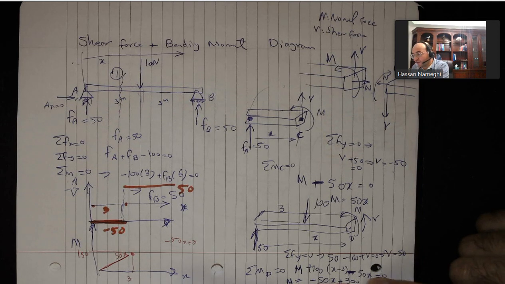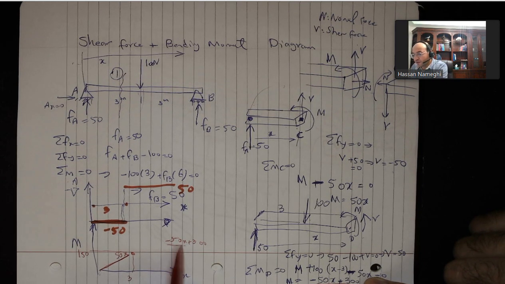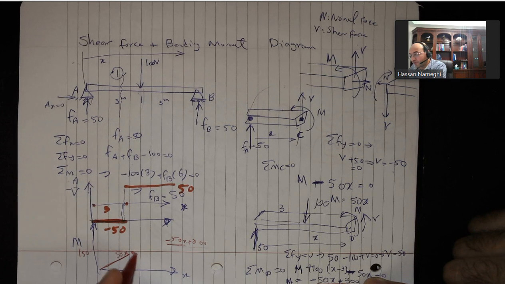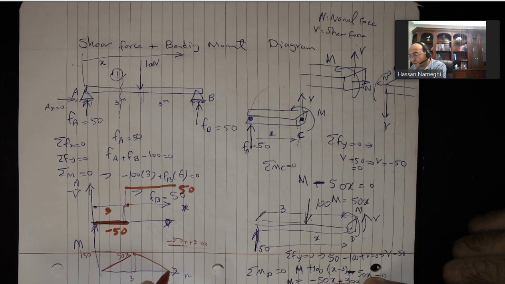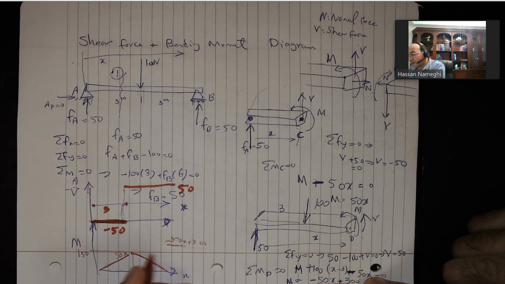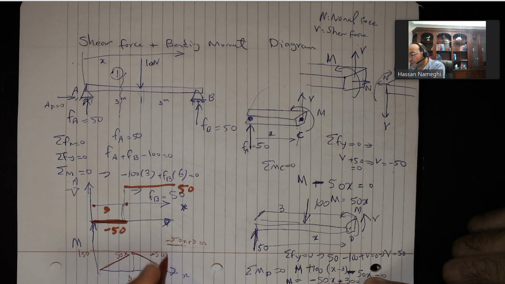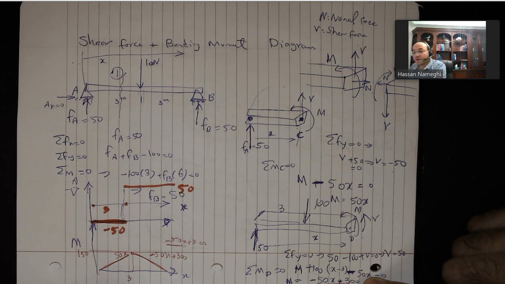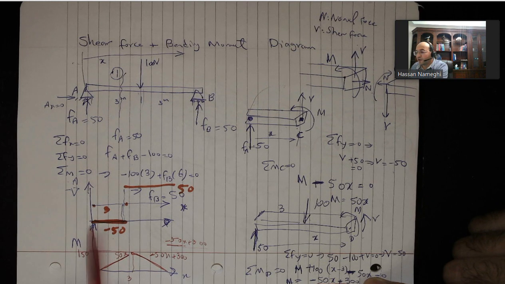If I put 3 in this equation, I'm going to get again 150. So the line here, again, if you put 6 in this equation, you're going to get 0. So if you draw the second line, it's going to look like this. And that's the line of minus 50x plus 300. And this is the diagram that I have for the force, minus 50 to 50, and then that's for shearing force,